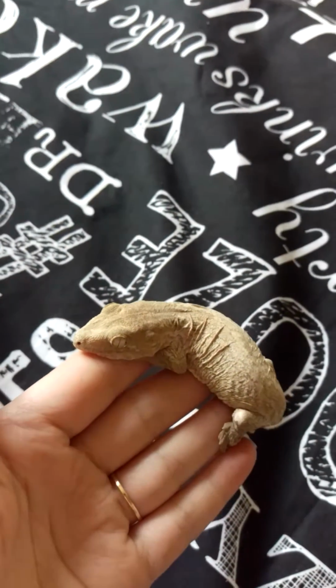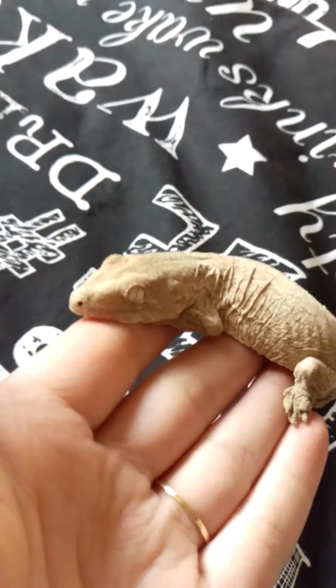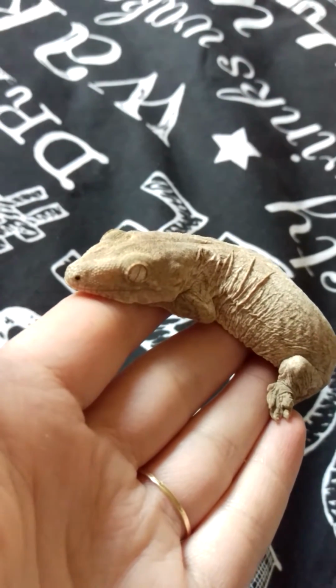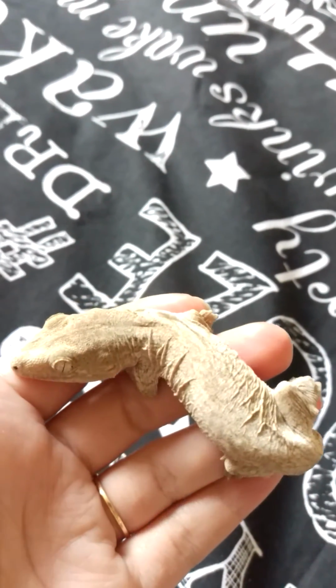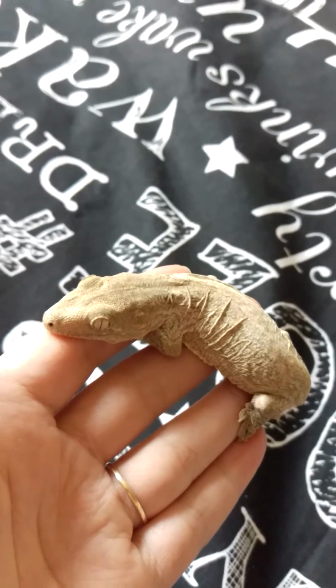It's put on about 10 grams since we've had it, which is about 2 months. Can be a little bit cage aggressive, but isn't too bad at the moment. Getting used to being handled. I've only had a couple of barks off of him, which are quite funny when they happen. Leachies are great pets. Like I say, they can be a little bit cage aggressive, but they are one of the more